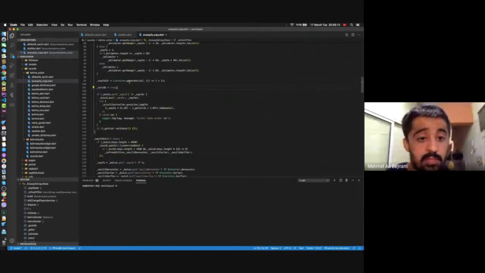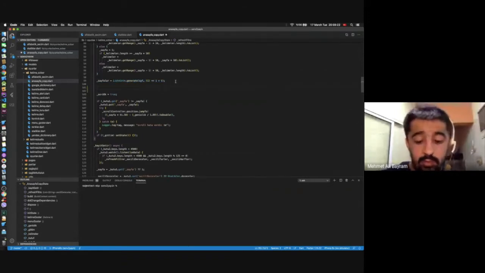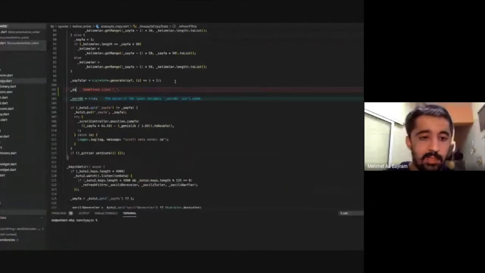And there is the generate constructor, because before this I was using this. I want to show you it wasn't a good thing, like page equals, sorry,